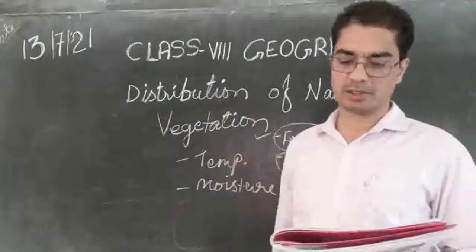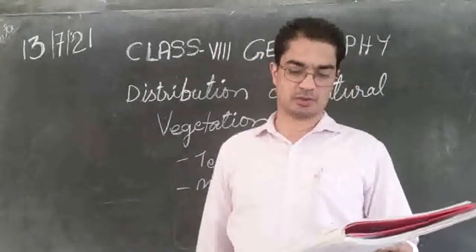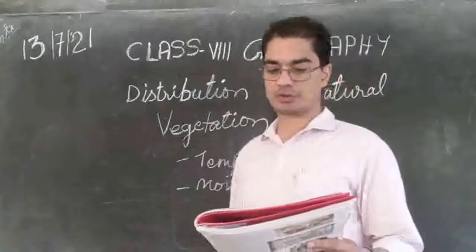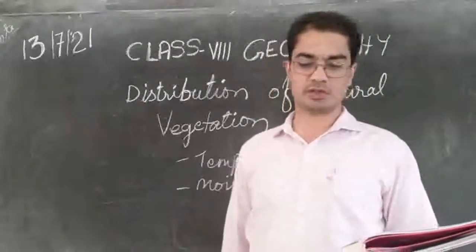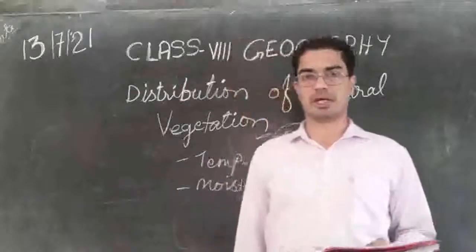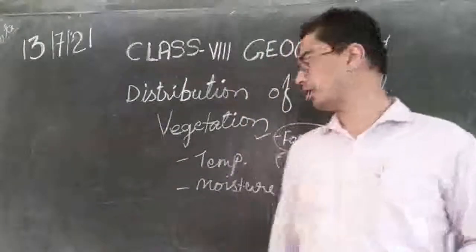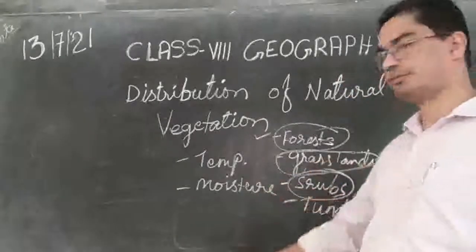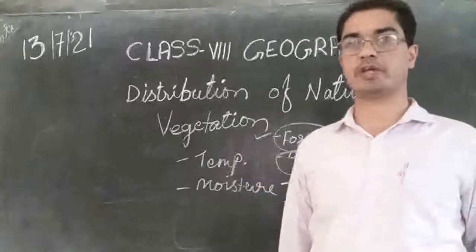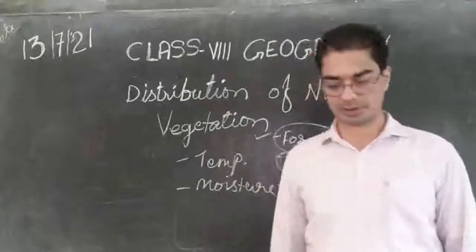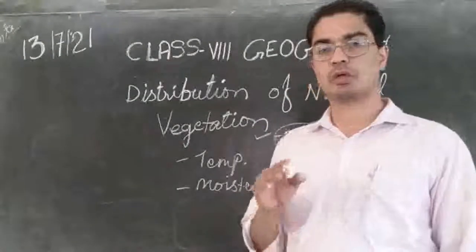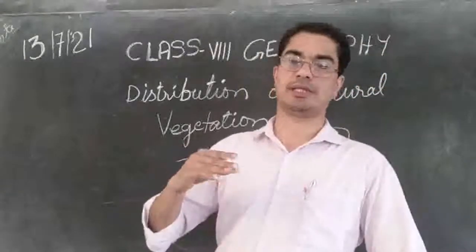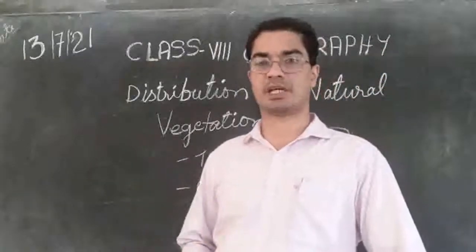It will remain there, and other grasses also will grow. Then thorny shrubs and shrubs also in dry areas of low rainfall. Then another type of trees that are growing is shrubs. Shrubs and thorny bushes. We can understand what is shrubs. There are small plants which we will find in the desert regions and so where it is dry, where there